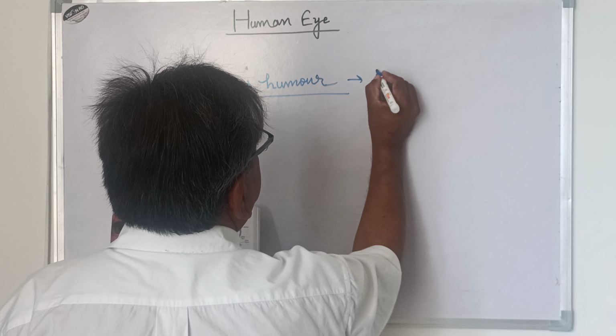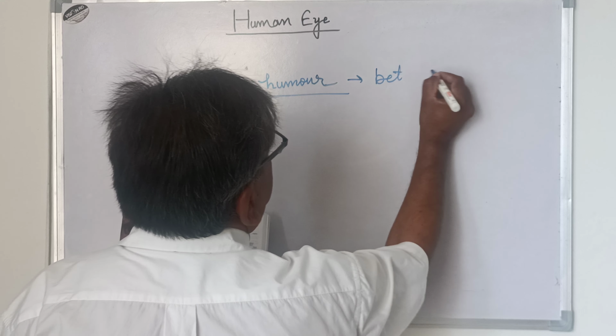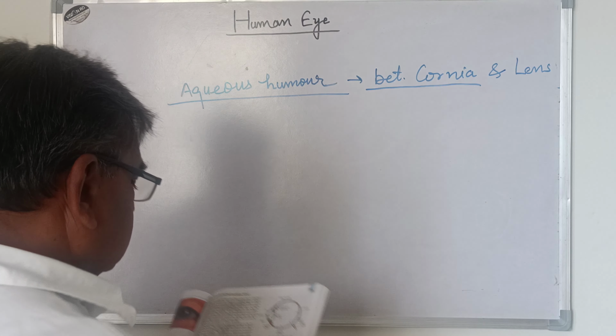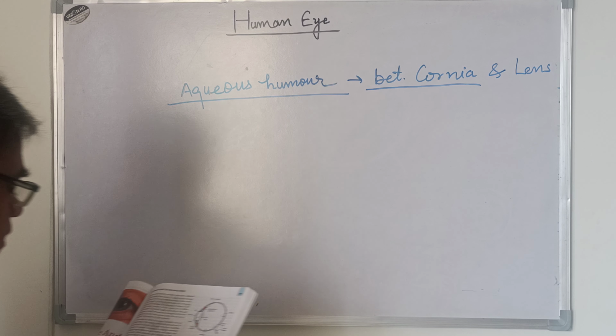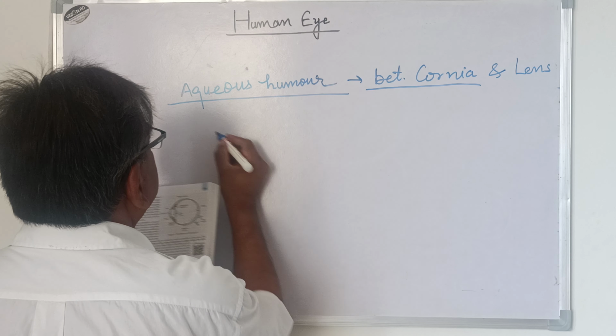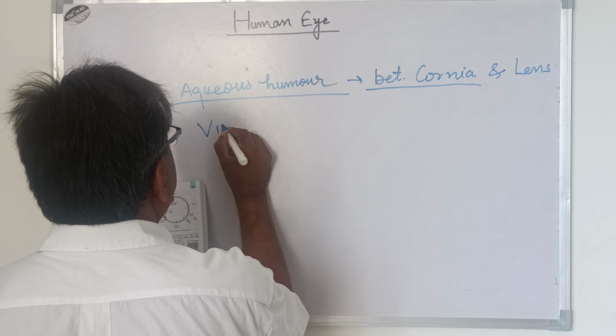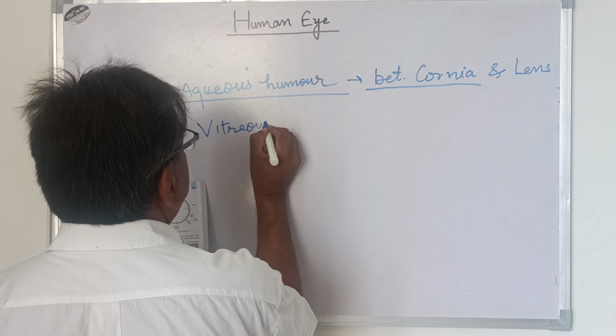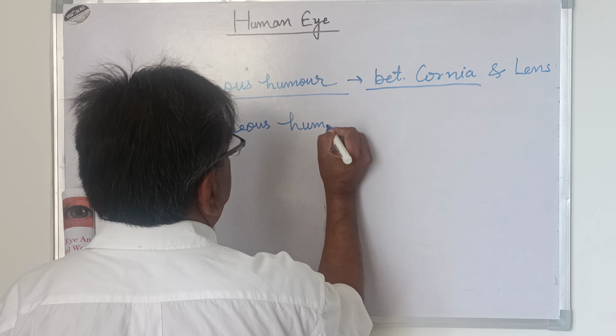This is between कॉर्निया, जो फ्रंट पोर्शन हमको दिखता है, बड़ा सा व्हाइट जो फ्रंट ऑफ द आई और लेंस के बीच में, बिटवीन कॉर्निया एंड आई लेंस। और जो ये थोड़ा पतला होता है लिक्विड, और जो लेंस और रेटिना के बीच में है, दैट इज कॉल्ड विट्रस ह्यूमर। VITREOUS HUMOUR।